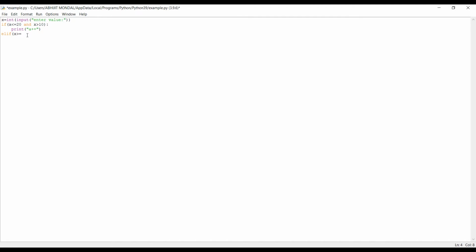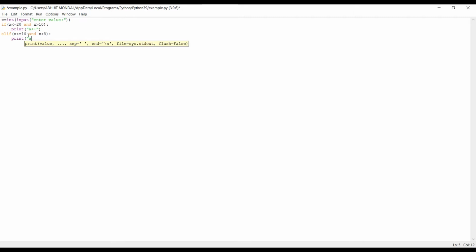And again the next condition will be the number should be less than or equal to 10 and greater than 8, right? So for this condition we will simply print A plus, right?